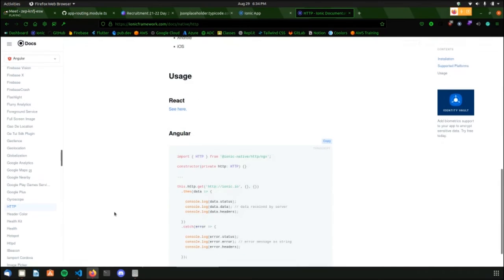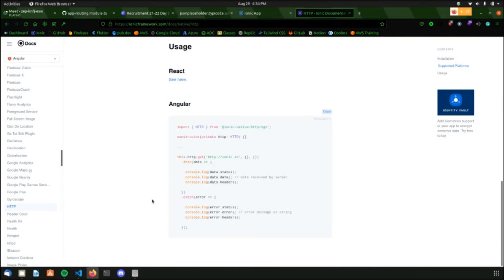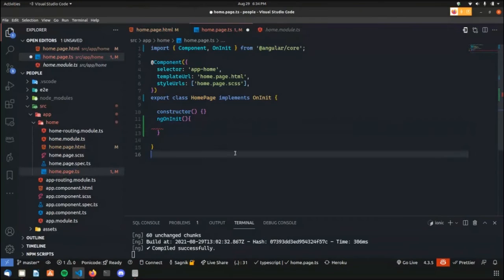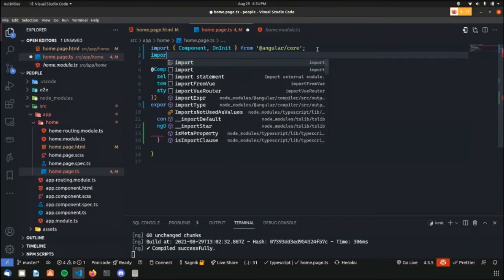The reason why we won't be using this is because Angular provides us with its own HTTP module, and the benefit we get from using Angular's module is that it can then run on the web too. If we use the Cordova plugin, then it will only run on Android and iOS, that is on a physical device. But if you use the one which Angular provides, then it will run on the web too, which is brilliant for us. So it will run on the web, it will run on the phone. So why limit ourselves? For that purpose, we have to import it.